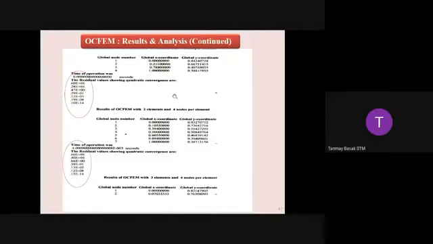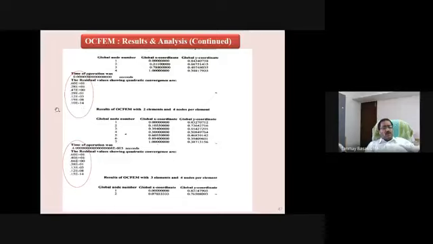When we talk about only one dimension, only one element OCFEM, that means only one orthogonal collocation for the entire domain, and this is where the convergence is. This convergence is very important. It is called quadratic convergence, because with the Newton-Raphson method, as you all know, the order of convergence is 2. That means the residuals go like 10 to the power minus 2, minus 4, minus 8. You can see minus 1, minus 3, minus 8, minus 14, like a quadratic convergence.